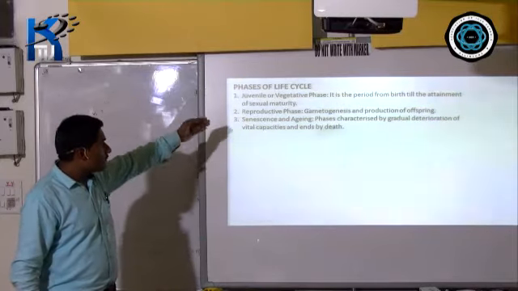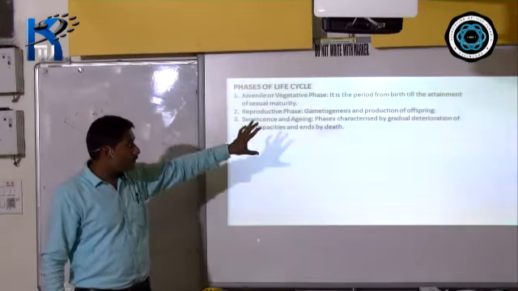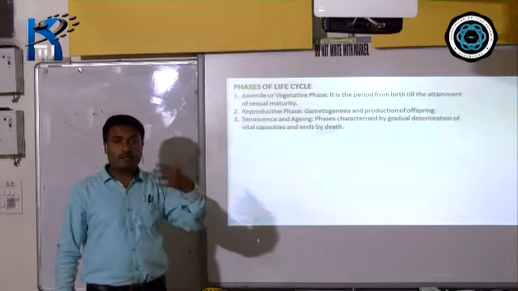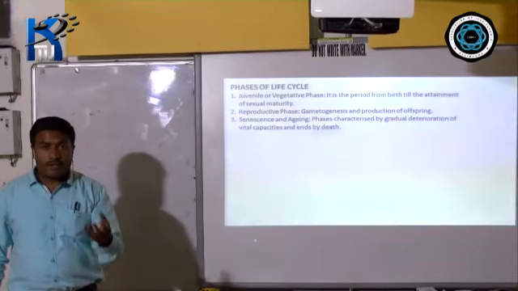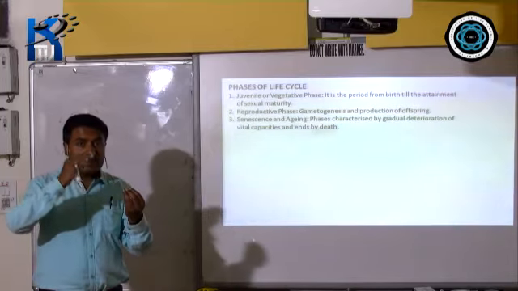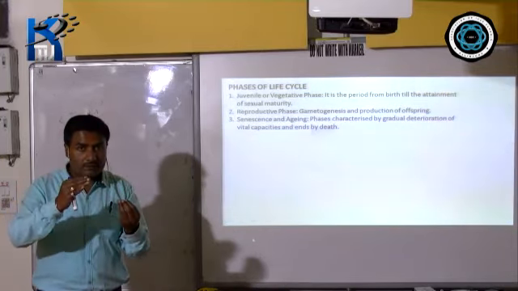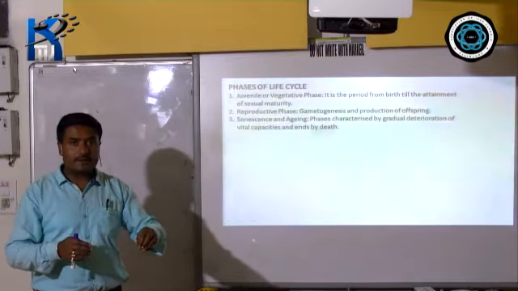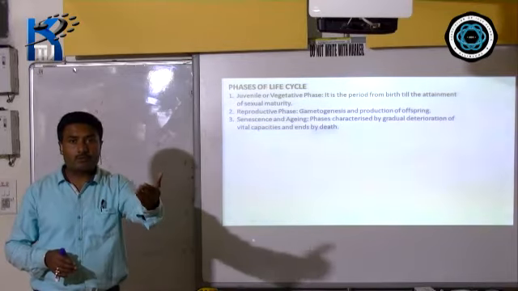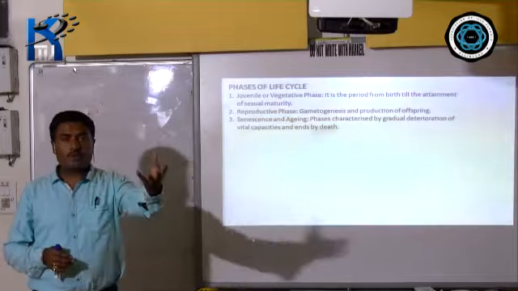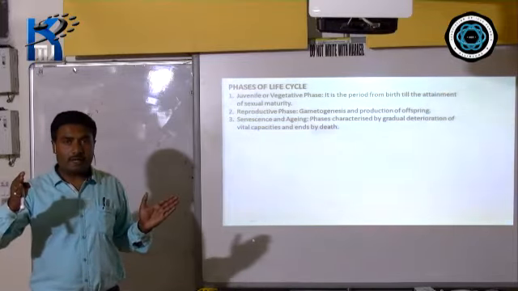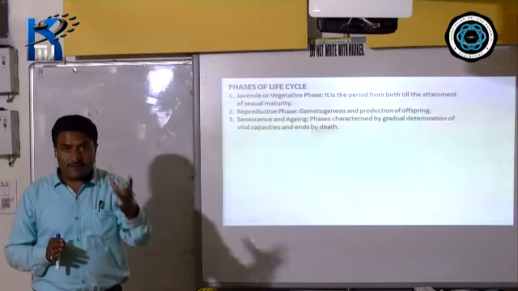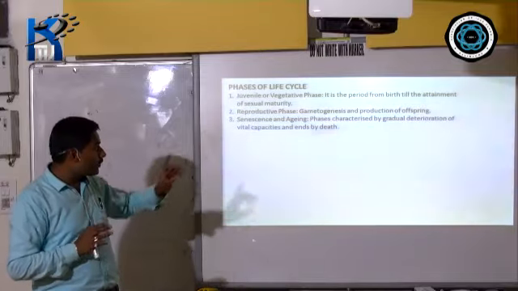Number 1 is juvenile or vegetative phase. So here it is the period from the birth till the attainment of sexual maturity. An individual is born. After that, what will happen? By the time, if it is a plant, the plant should be able to produce pollen grain. A plant today, you sow the seed, it germinates, the other day it is not going to produce pollen grain, it is not going to bear flowers at all. A certain time is required. So by the time the plant produces pollen grain, produces flower, you use the term called what?